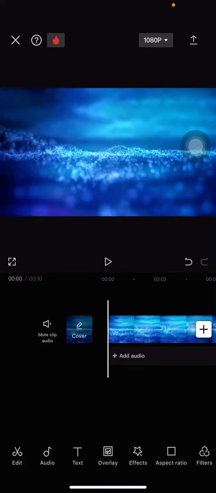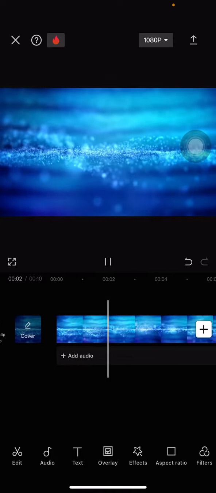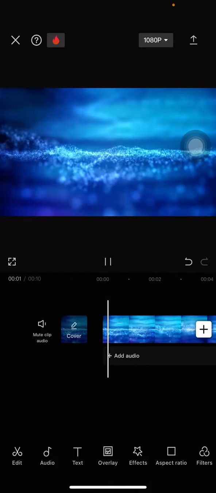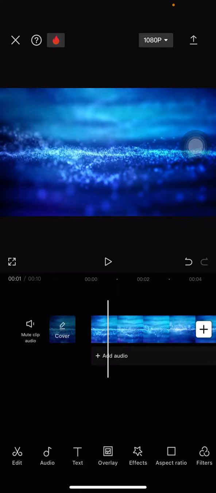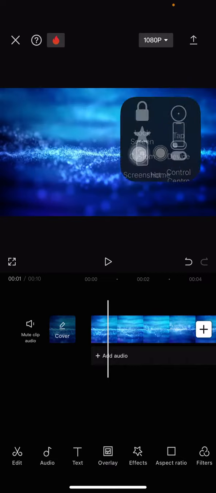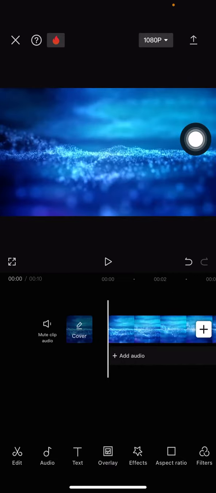So in this video I would like to show you how to make an underwater effect for your video with CapCut. You already have the project and I would like to make underwater effects on it. You just need to make sure that you keep this straight line at the beginning of the clip. And once you have dragged the straight line to the beginning of the clip, now you just need